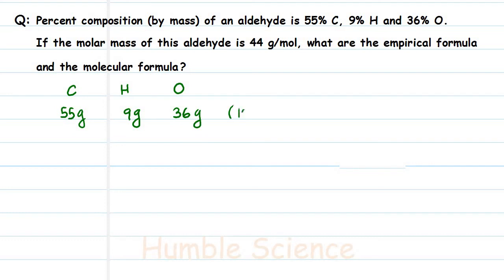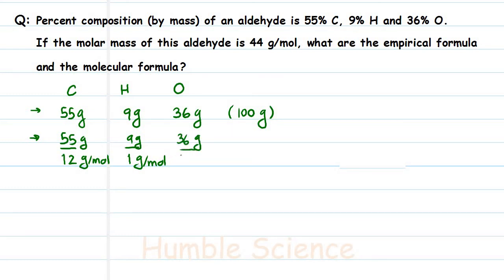If it is in 100 grams original, basically, if we divide this by the molar mass accordingly, we should be able to get the mole. So let's do that. We will divide 55 by 12 gram per mole, and then 9 by 1 gram per mole, and then 36 by 16 gram per mole. And we should be able to get